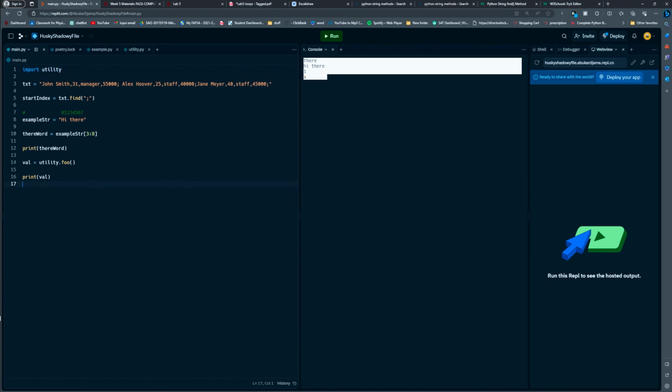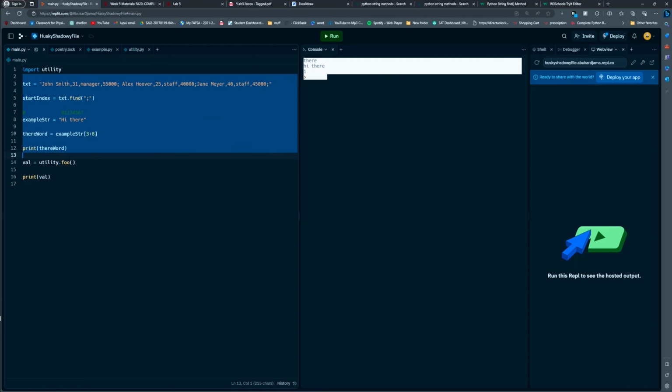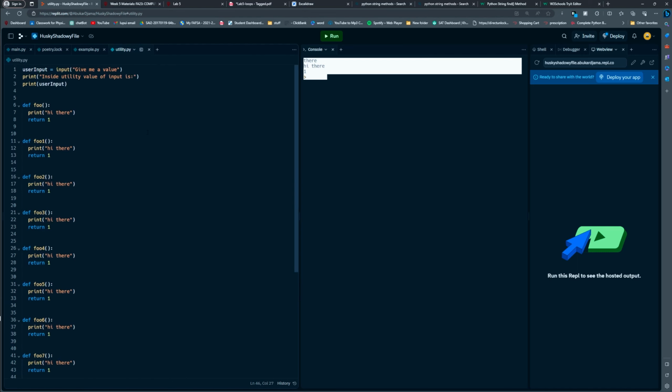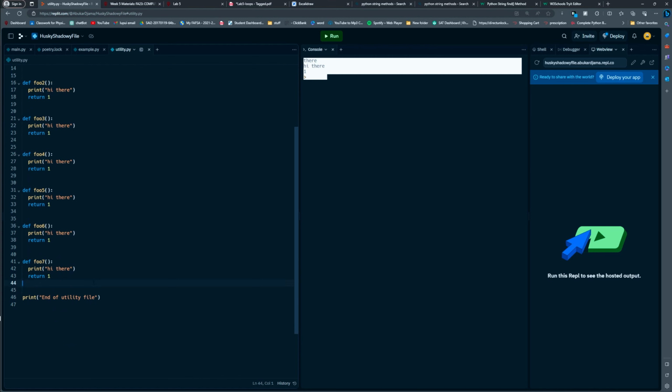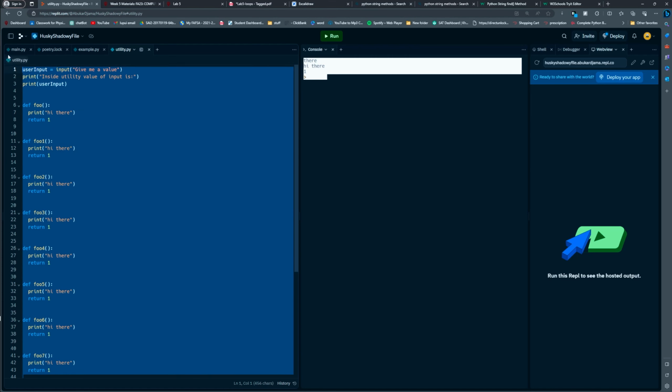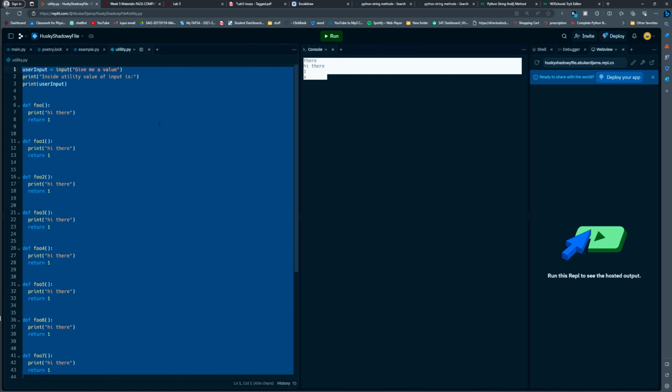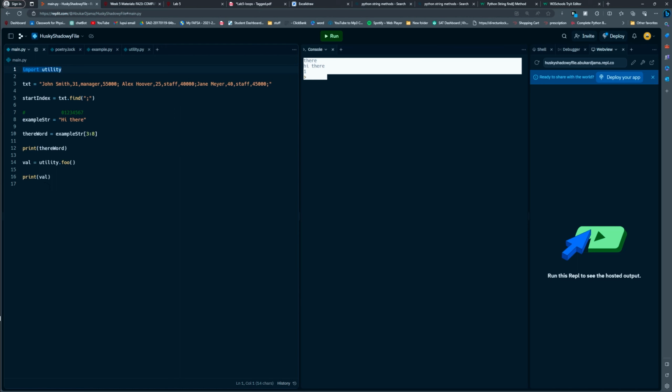Now, what most people would expect is, hey, you run this code over here, and then I'll ask for your input when you start using the utility file over here. That is not the case. As soon as you call import, it's going to run all of your code inside that utility.py. So please do not take any input over here. In your utility.py, you should be just defining functions and later using those functions in main. Essentially, all it does is it lets you group your functions in another file and make your main file look very clean. And so if we run this, we will see